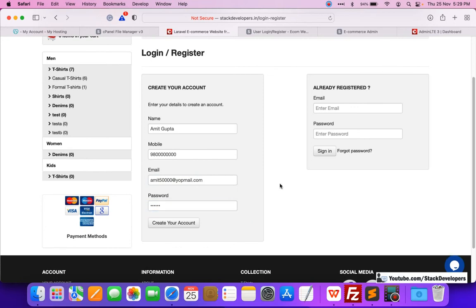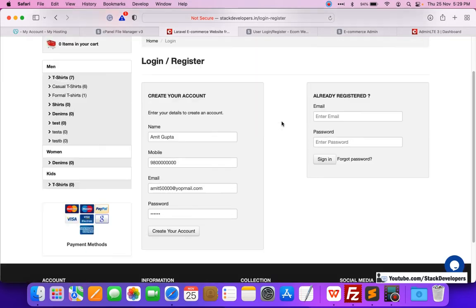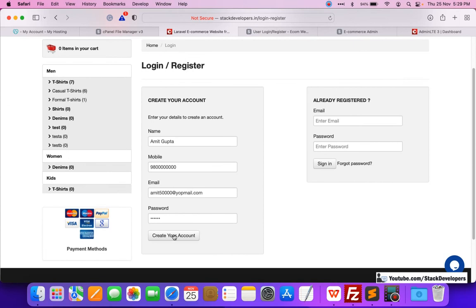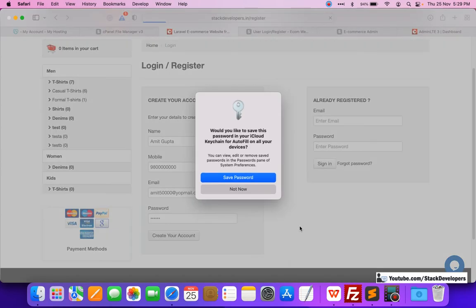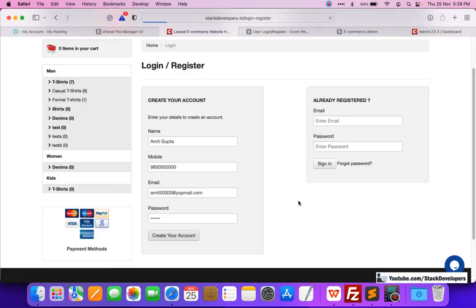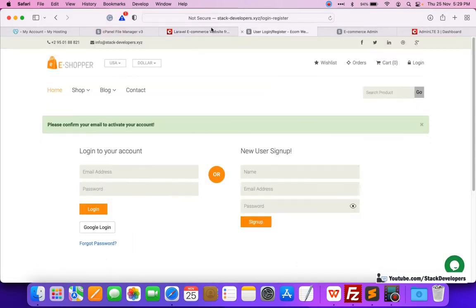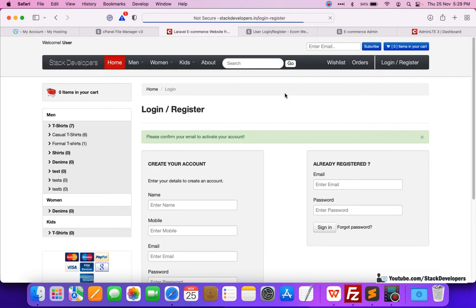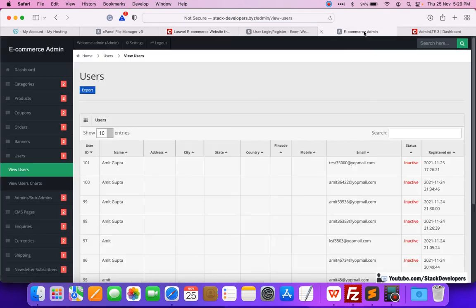This is the advanced e-commerce website code. You have seen that we have made this advanced e-commerce website. I'm going to register from here. So let's see, create your account, and the user will get registered to this website, and also the basic e-commerce website, the other website. So let's see, it has been done, confirmation has gone, and I'm going to check that the user has come up in both the websites.